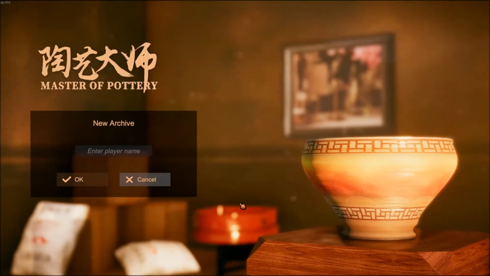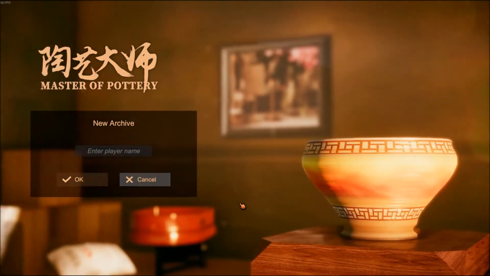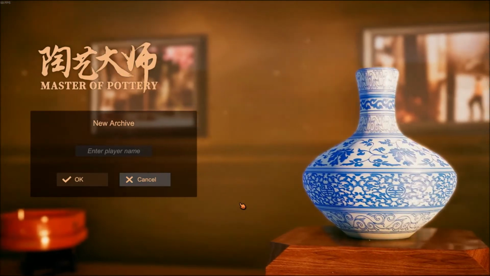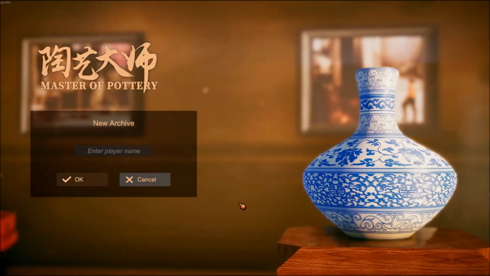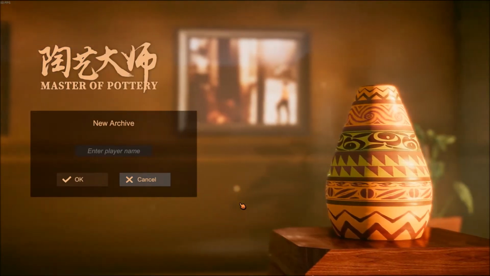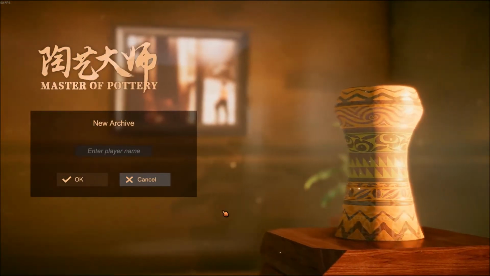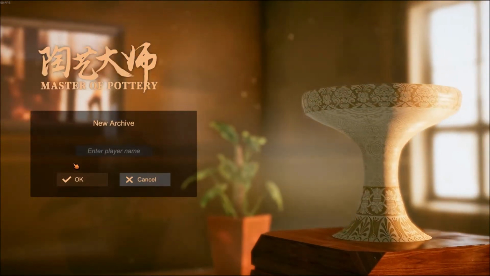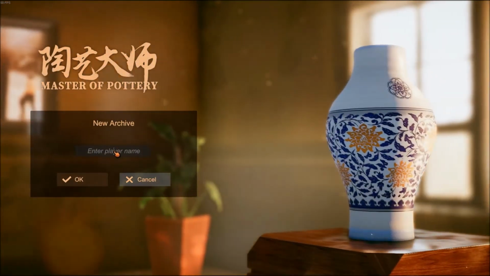Now, I found this game on Steam, and it was like $4. It was less than $4. So I figured I'd give it a go. I'm not too sure if I'm going to enjoy it, but for less than $4, why not at least give it a go? So after starting it up, going on, starting a new game, create a new archive, so enter player name,